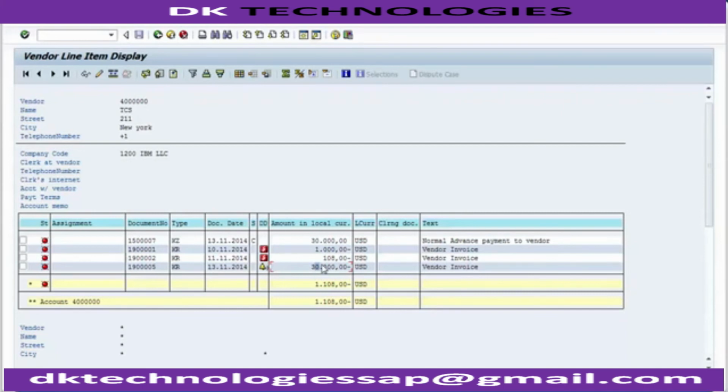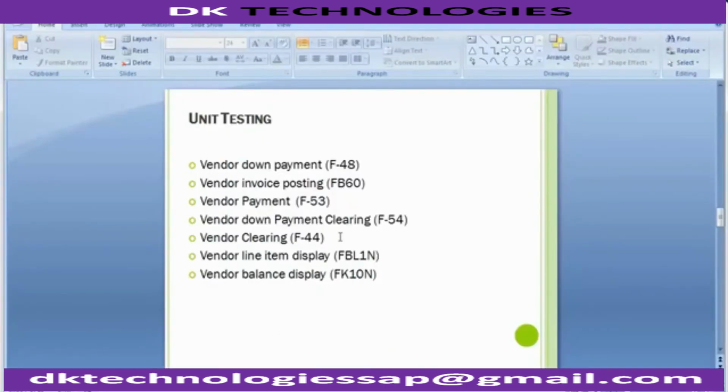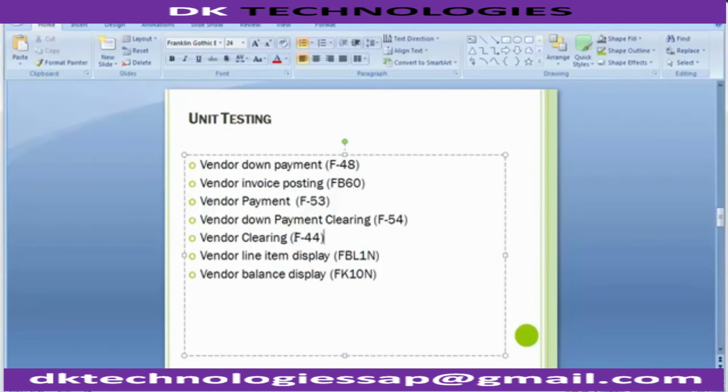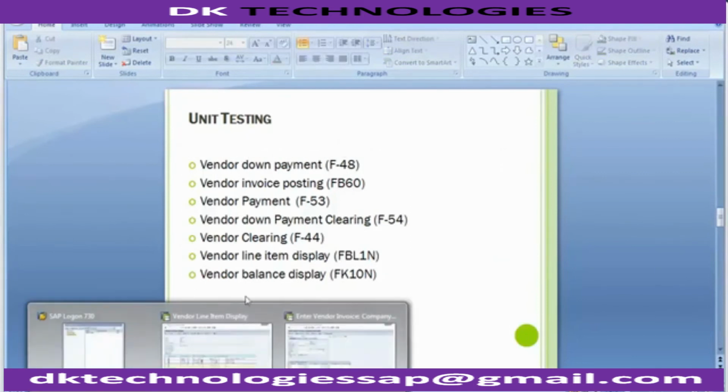Means the transaction is nearly complete, but yet these two line items are reflecting as open items. So we need to clear these two line items against each other. So how can we do that? Vendor clearing is with F-44. So we need to go to the transaction